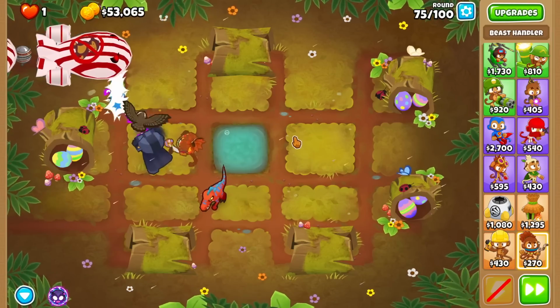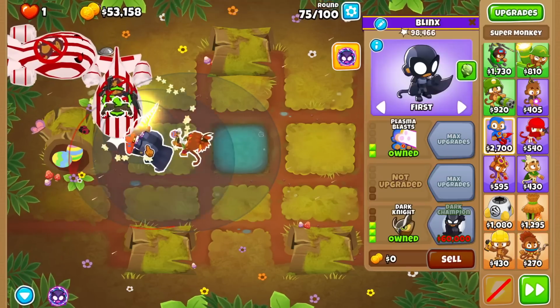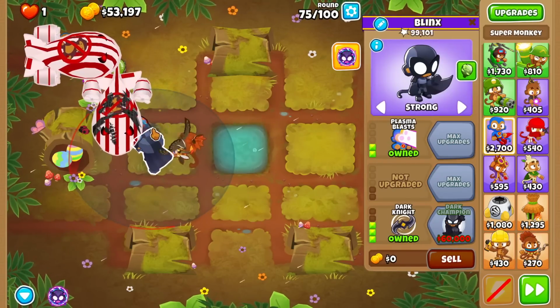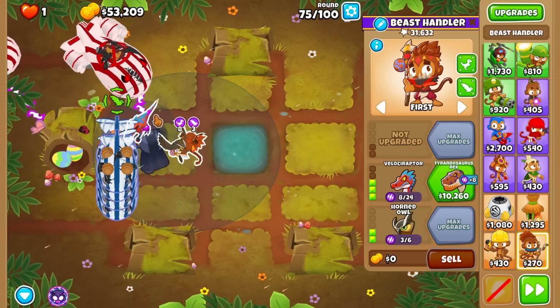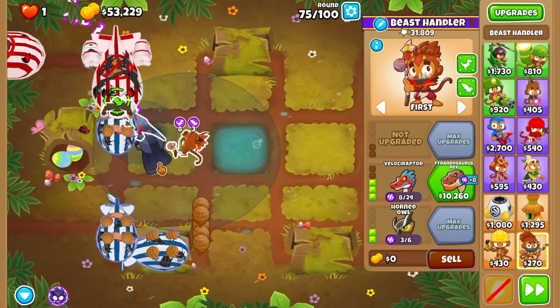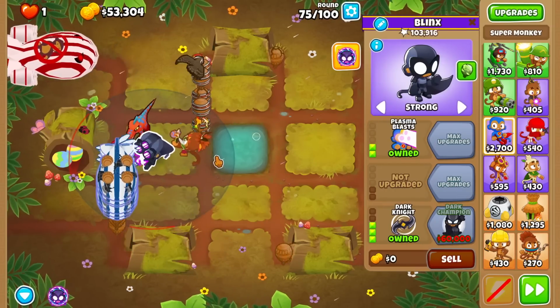All right, round 75. Let's go, let's go. All right, we definitely got to micro this crap, so let's put this guy on strong for now, and we're going to leave the Velociraptor just on first. We're going to hope that the Owl keeps bringing balloons back to the Velociraptor a little bit and help him pop the bow-ups for a little while as well. We will have to switch this guy back to first in a second, but for now,